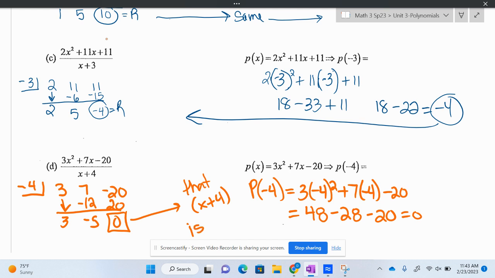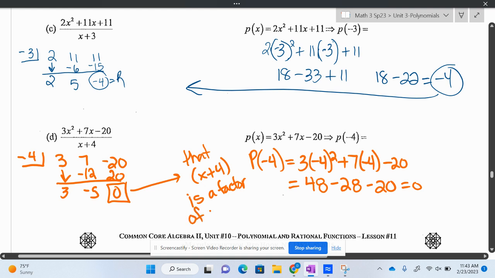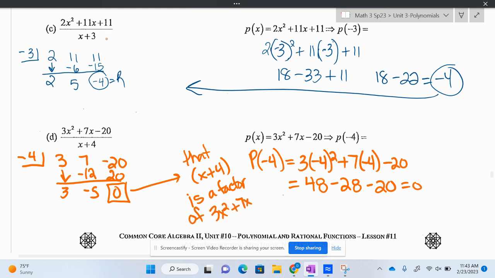x plus 4 is a factor of the 3x squared plus 7x minus 20. And that negative 4 is the root. So we use the remainder theorem to just see if the number that we're dividing by is a factor. So that's really what we're going to use it for. We're not going to keep dividing to prove it. We're just going to evaluate it. So if you flip over on the next page, we're just going to start evaluating. We are just going to evaluate and see